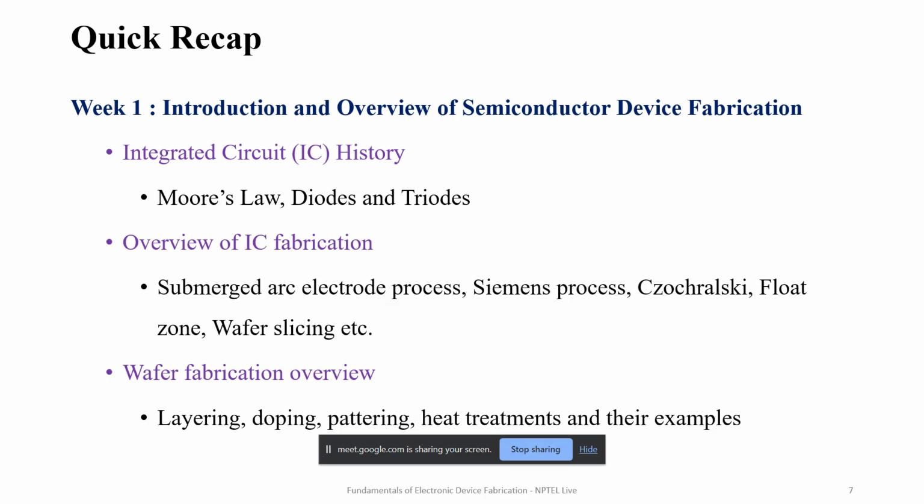So in week one, we had seen the introduction and overview of semiconductor device fabrication. That is the history of IC, what Moore's law was, and the precursors to the present semiconductors, like diodes and triodes. Then we saw a basic process of the IC fabrication: the submerged arc electrode process, the Siemens process, Czochralski,